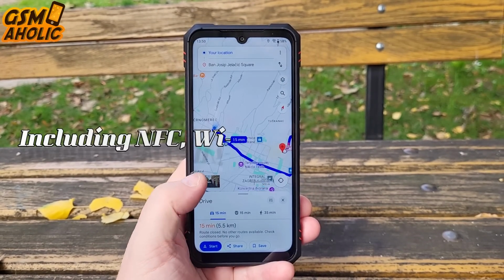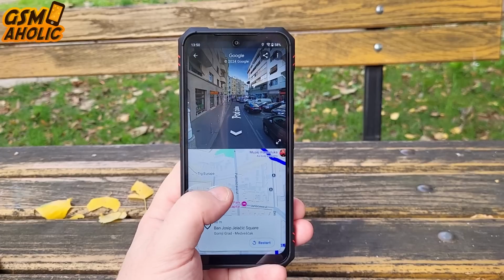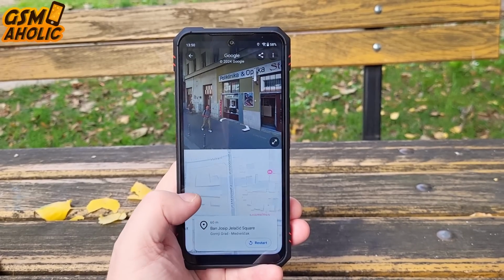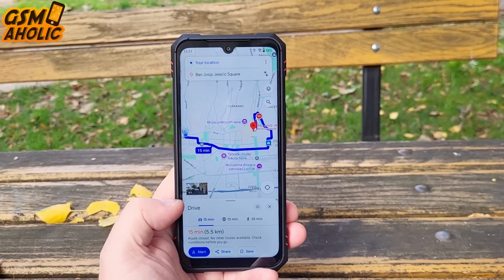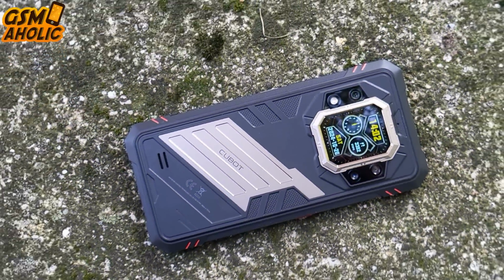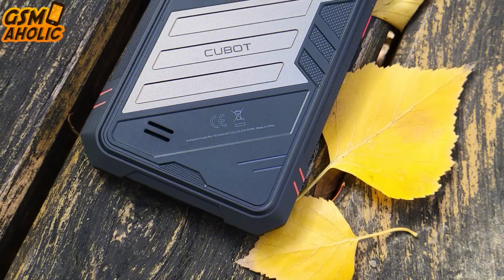Additionally, including NFC, Wi-Fi 6 and Bluetooth 5.3, it further supports connectivity options, ensuring robust and reliable communication and data transfer capabilities. The Cubot KingKong Star 2 is the ultimate rugged phone, meticulously designed to exceed the highest durability standards